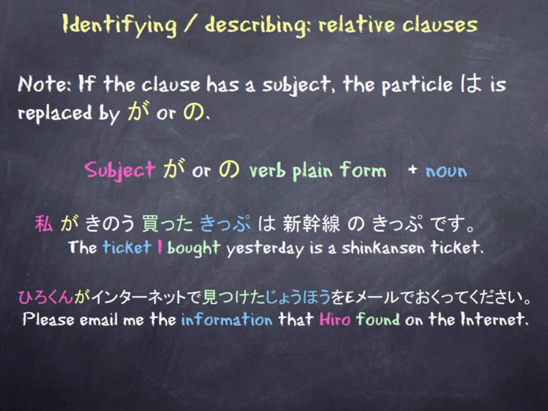Please email. You'll notice here in these examples that the sentence structure is in reverse to English. In English we have "please email me," and in Japanese we actually start with the information that Hiro found on the internet, and then we finish with